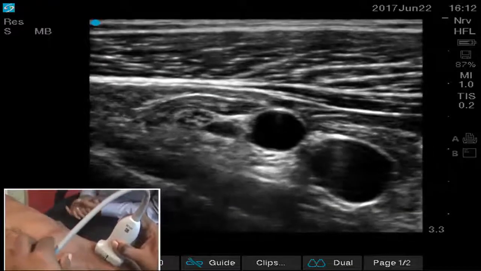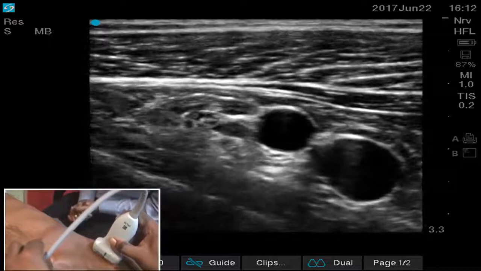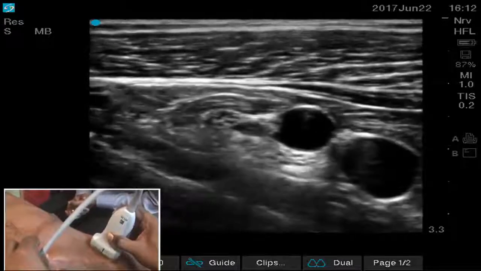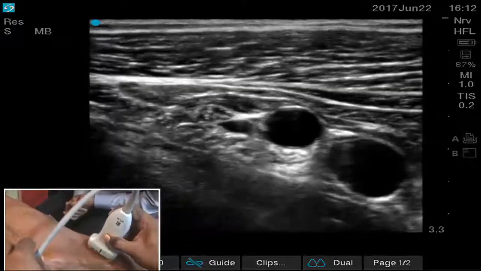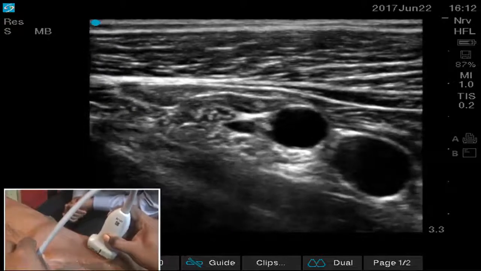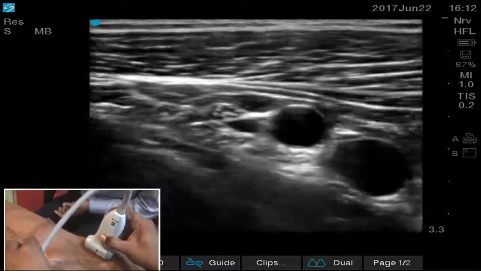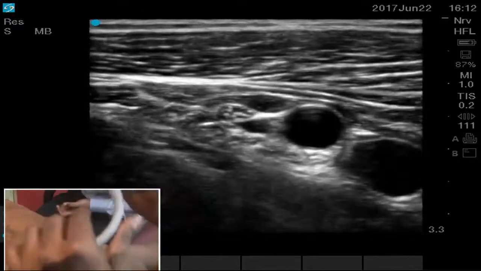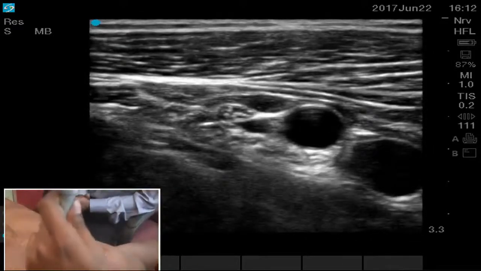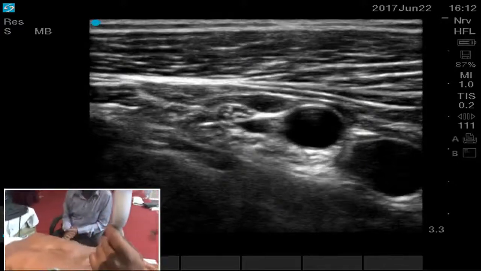The topmost muscle is the pectoralis major, and the muscle below is the pectoralis minor, and below that you will see the blood vessels and all the three cords winding around the axillary artery. At this place, can you freeze? So the difference between the lateral infraclavicular and the costoclavicular is, if you look at this place,